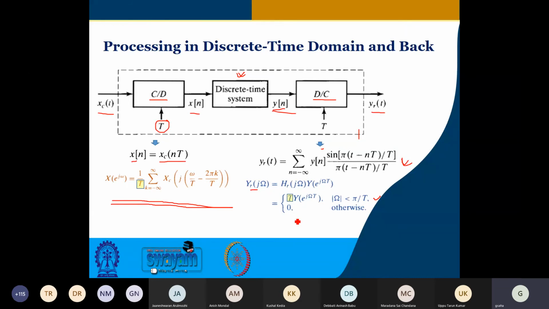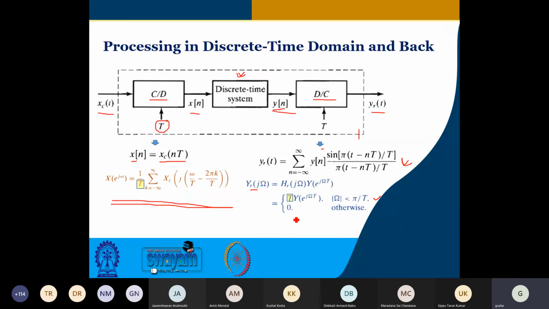Is it fine? Can I get a quick audio response? Yes. Okay, very good. I'm sorry, I'm a bit hurried. This convocation rehearsal is there, and this time I, being a dean, cannot avoid it. Every other year I kind of avoid it, but this time it is compulsory. So there is a rehearsal now. Anyway, going ahead.